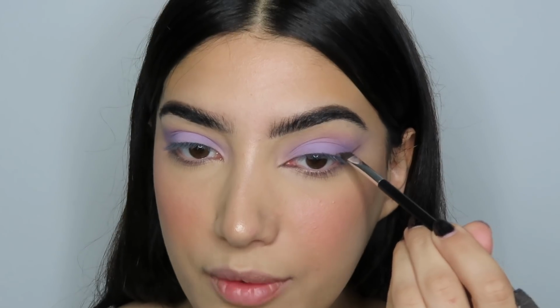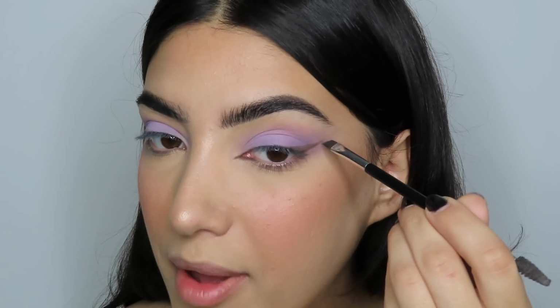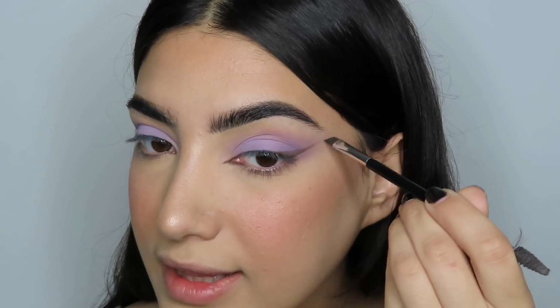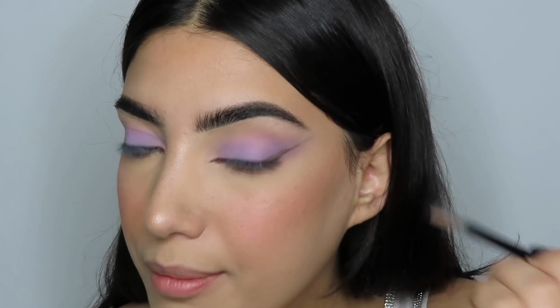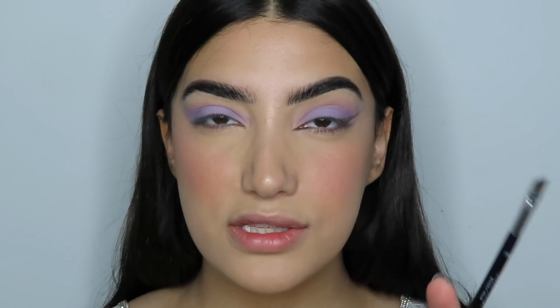And then I'm gonna connect the wing and just basically fill it in from there. And with the end of my brush, just really winging that out so the tip is very sharp. So that's good for as far as the shape. And then what I like to do on the end of my eye, because the stone is a little bit